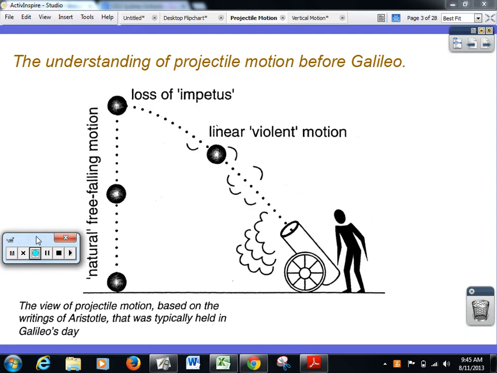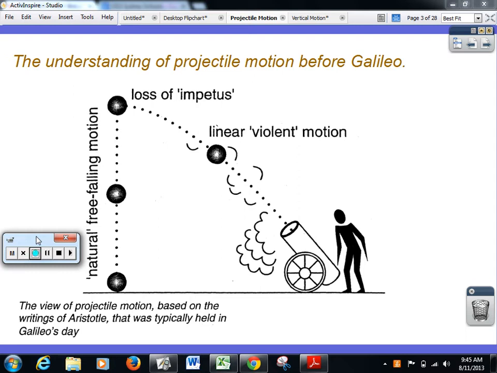Now, the diagram you see here is a modern rendition of the artillery guide to the British Armoury back before Galileo. And this is what they thought. To bomb something, you popped it into your cannon, or in these days it was a trebuchet, which is like a big slingshot that you see in The Hobbit or something like that. You've seen those things. They don't have gunpowder. If they did, it's sort of useless. Okay? And once it's gone out, it used to basically go under a near straight path.